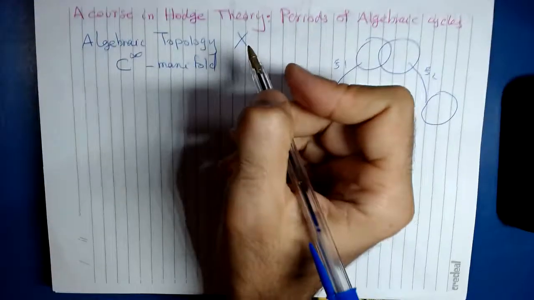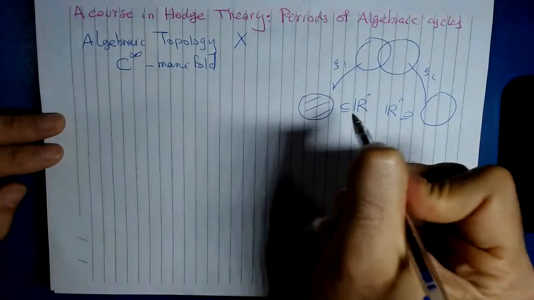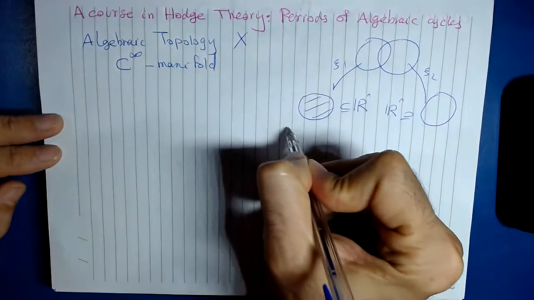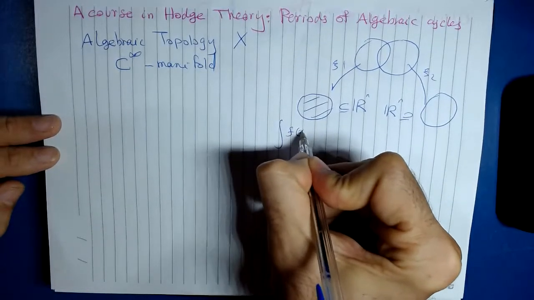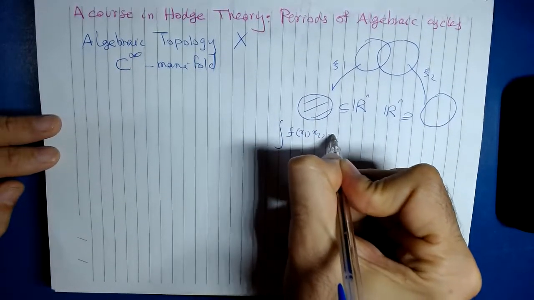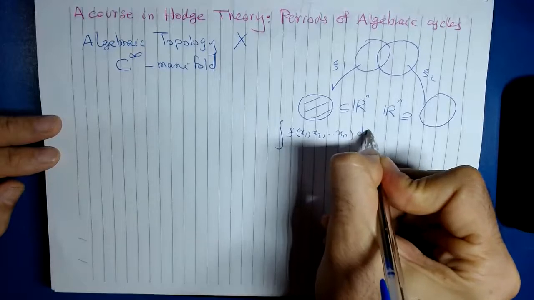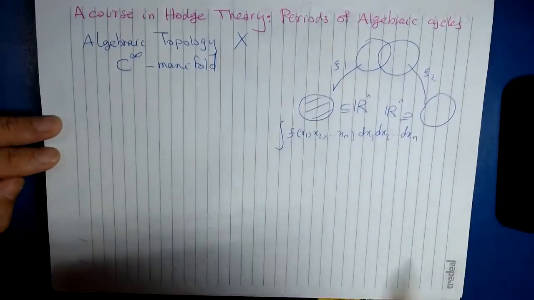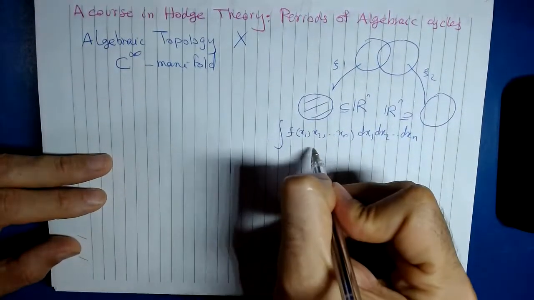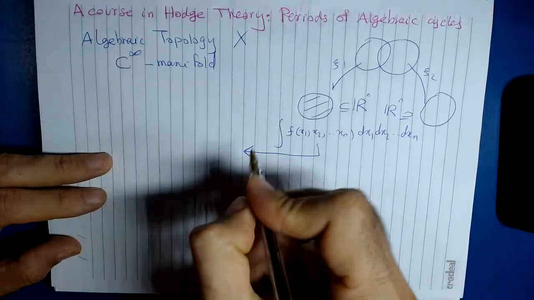And then in the charts, we have these integrations, f(x1, x2, ..., xn) dx1 dx2 ... dxn, and then using the partition of unity,